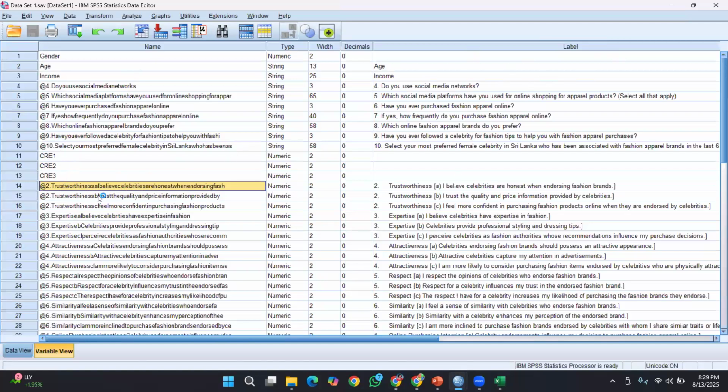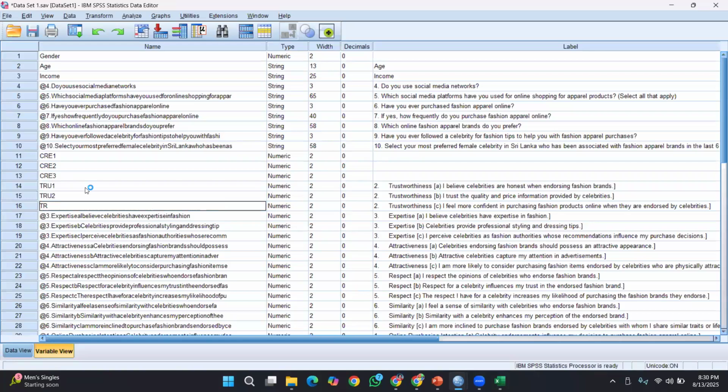The name of the variable should be very short and should be a reflective one, right? So you can refine all those things like the way we have been doing for credibility, trustworthiness 1, TRU 2, 3, right?